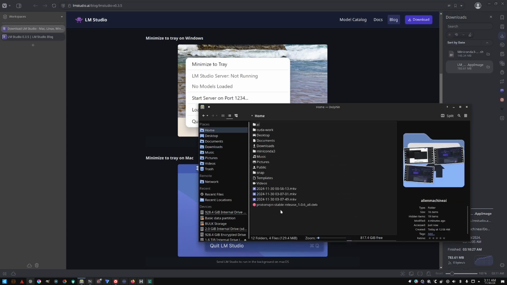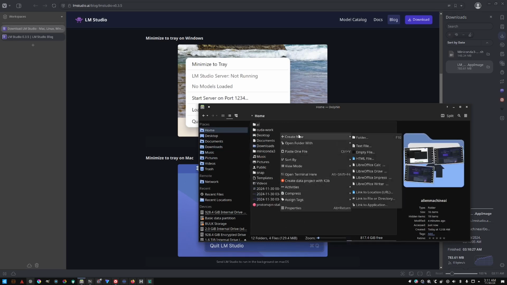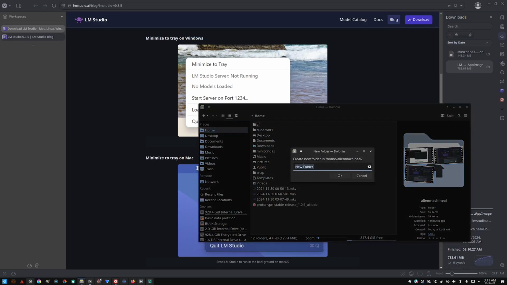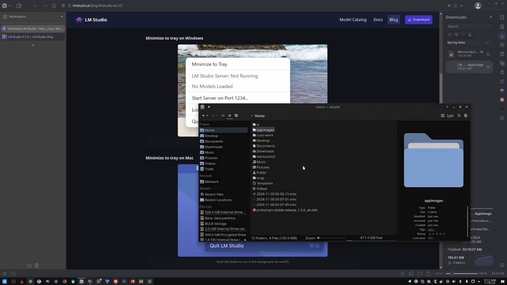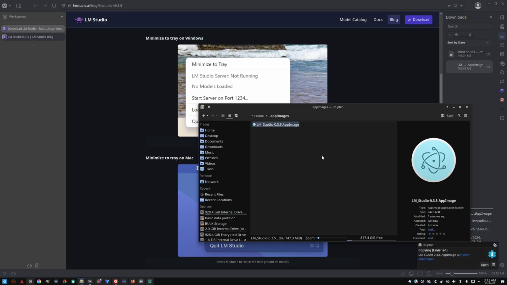Go to the home directory if we're on Linux, as we have just installed the Ubuntu Studio, including getting ComfyUI running in a past video I just released. We're going to put app images directory name, add the LM Studio app image,